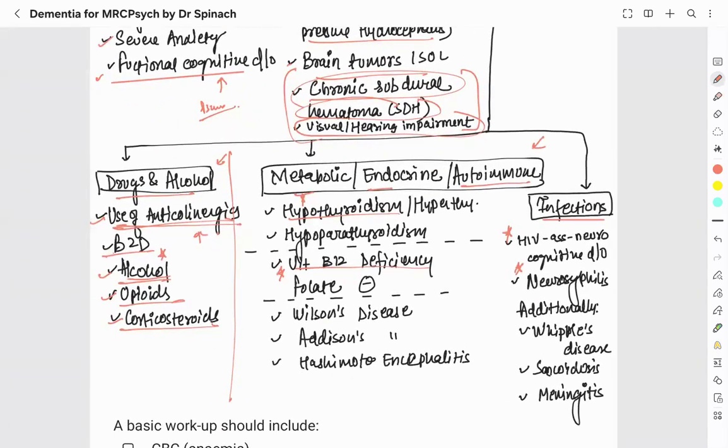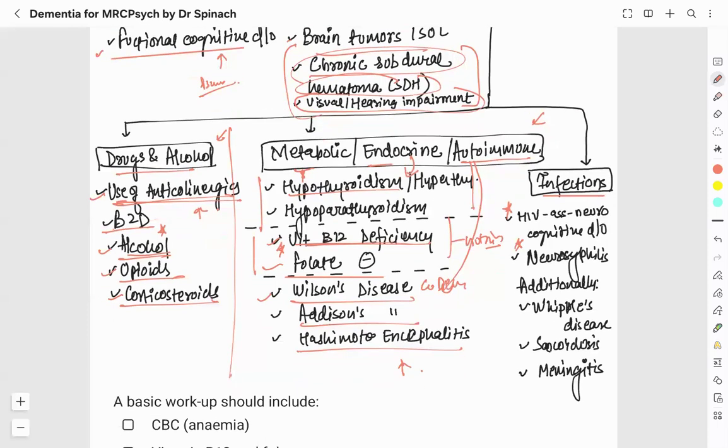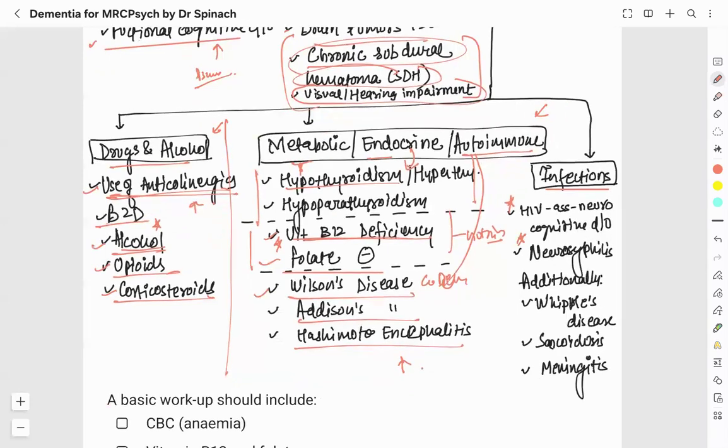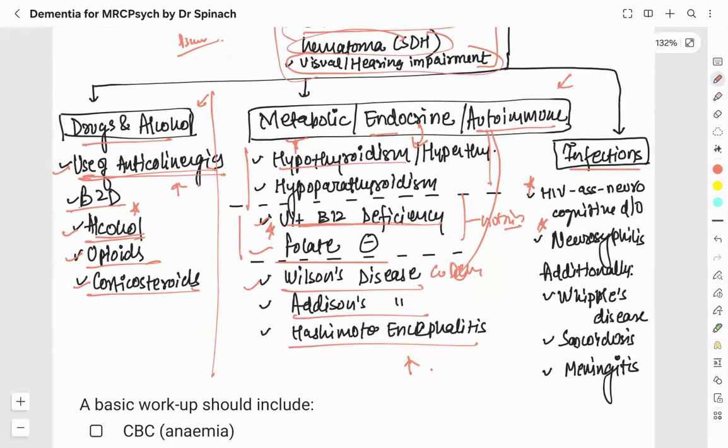You mentioned vitamin B12 deficiency, and folate deficiency; these are nutritional causes. Hypothyroidism and hypoparathyroidism are endocrine. And we have autoimmune causes, that is Wilson's disease, Addison's disease, Hashimoto, and encephalitis. Wilson's is copper deposition, but again it converts into autoantibodies attacking our system. Then we have infections, and these too: HIV-associated neurocognitive dementia,